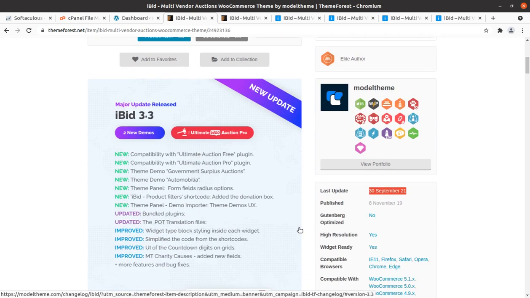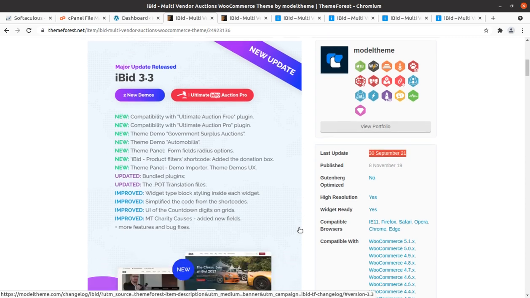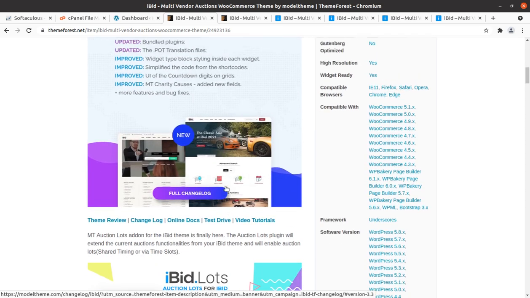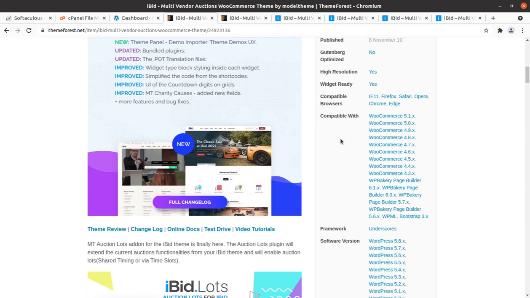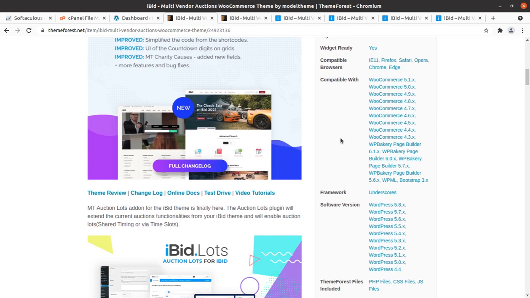It has compatibility with Ultimate Auction Free plugin, Ultimate Auction Pro plugin, and even it supports government surplus auctions, automobile and all such things. And the theme is compatible with the latest version of WooCommerce, that is WooCommerce 5.21x version, and also with the latest version of WordPress.